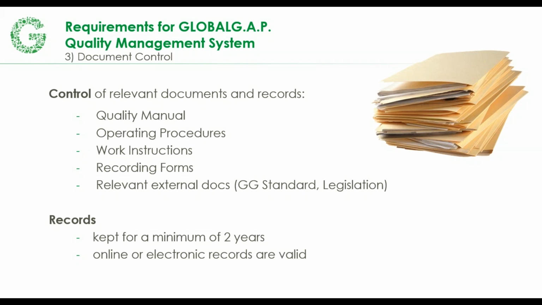This question usually can't be checked until the whole assessment of the group and the producer assessments are also conducted, because we want to make sure that all of the producers have access to these documents, and that all of the documents at the farm level are the controlled and most up-to-date copy. So that would be like obsolete documents being effectively rescinded, for example.